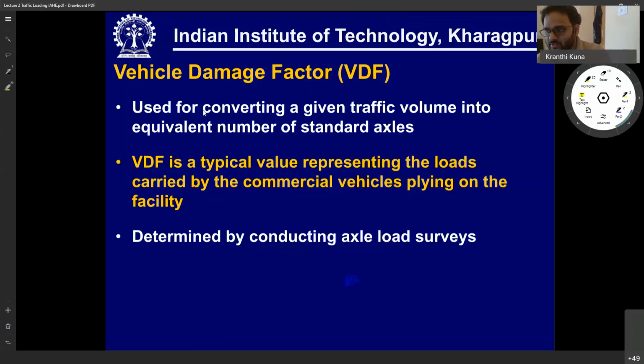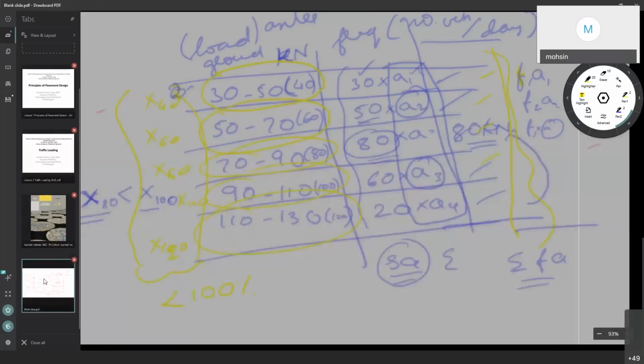Sir, can you repeat or describe the load distribution diagram for 2 or 3 lane roads? Because there is a mixing up of the load distribution diagram. How do we design, and what are the design aspects for that? Sir, for the 2-lane or 3-lane road, can you describe the trapezoidal load distribution diagram which you showed initially? Yes, yes. Say, for example,